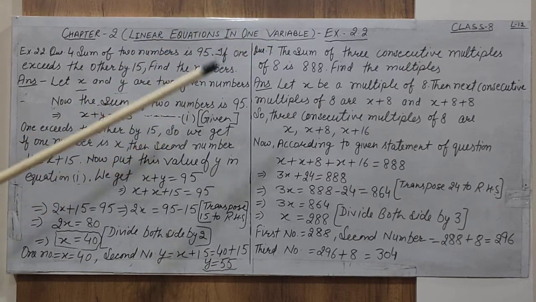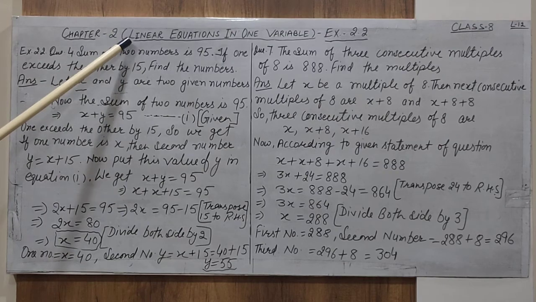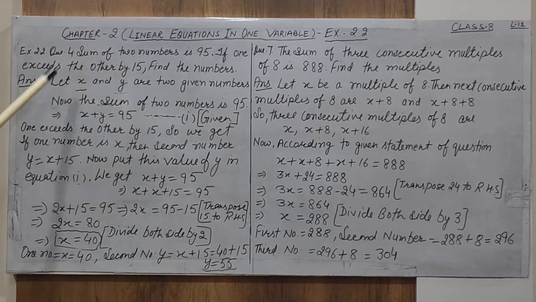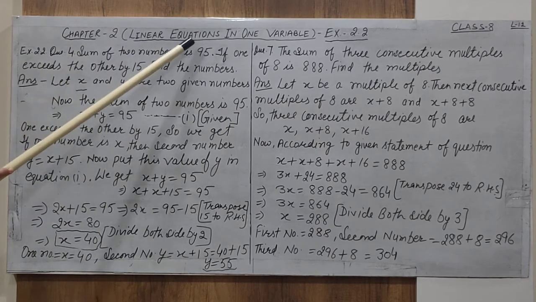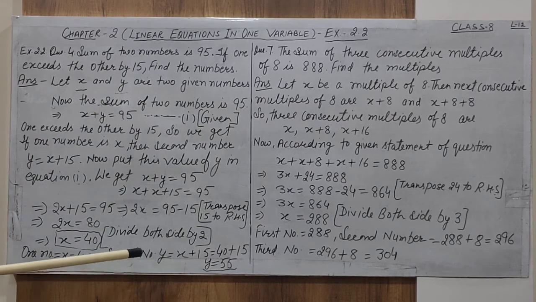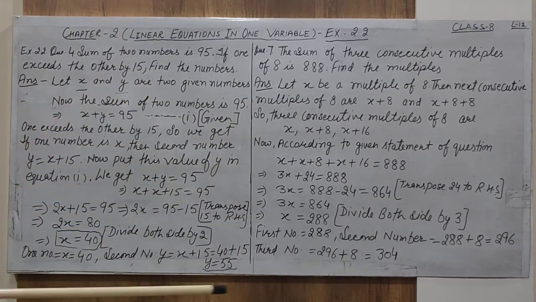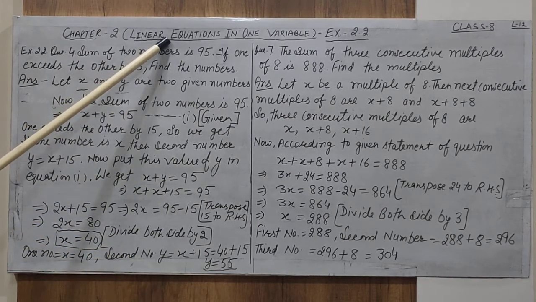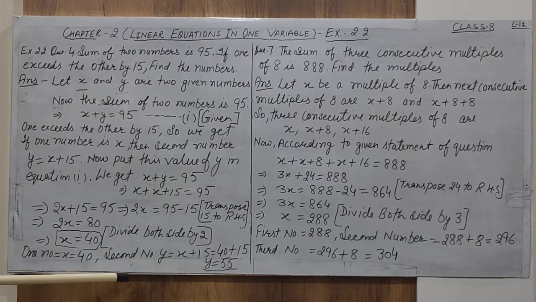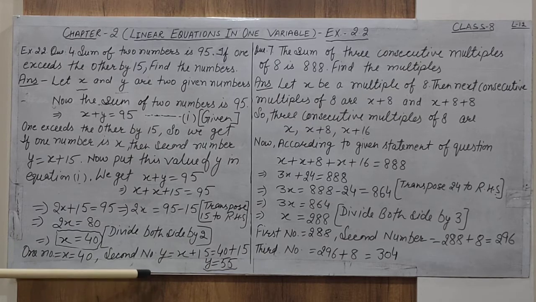We have already done a few examples related to the first type of linear equations, in which one side, either the left hand side or the right hand side, is filled with only one variable and the second side is filled with only constants. We have already done a few examples related to the applications of the first type. Let us discuss a few more examples related to the application of the first type of linear equations, in which the variable is on one side and the constant on the other side.